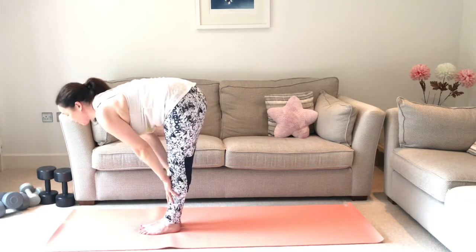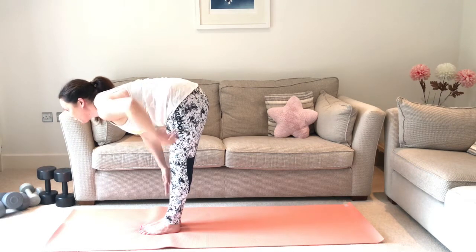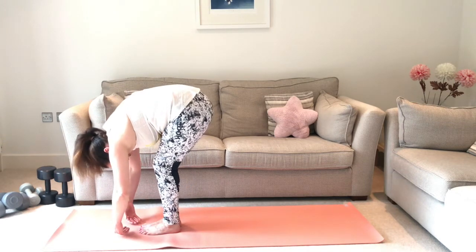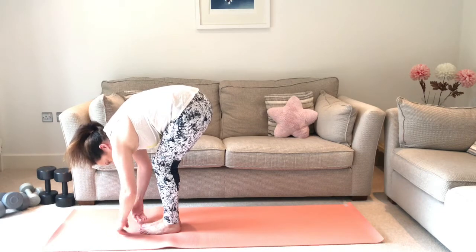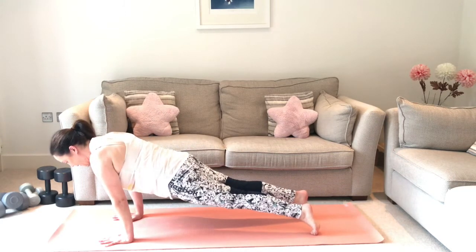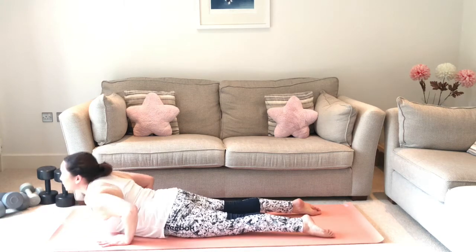hands on shins, flat back, so I'm trying to send my butt one way, chest the other way, really lengthen that spine, forward fold, bend the knees a little bit so you can get an extra range in this position. Hands come onto the floor, you're going to step back into plank, weight slightly further forwards, down to the floor, cobra,